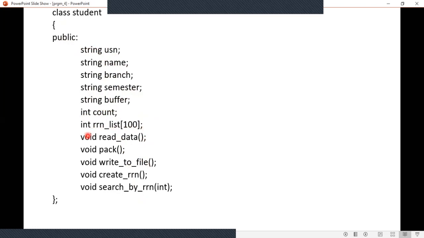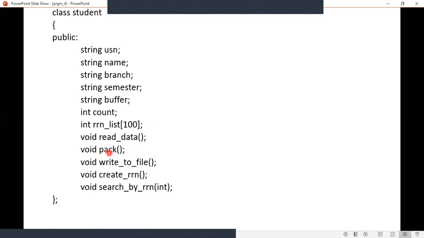Then the same read data method you need. Then the packing method, and write to file, that is writing from the buffer to the file. Okay, and then packing is from the keyboard, from there to the buffer you are going to pack, isn't it?